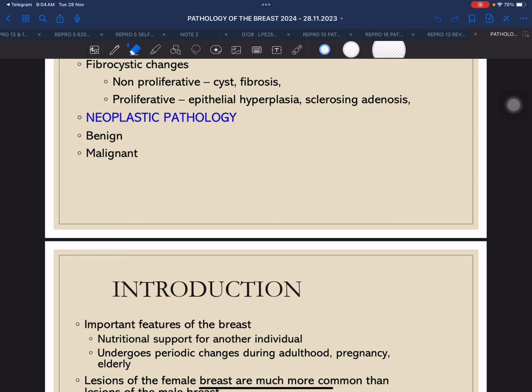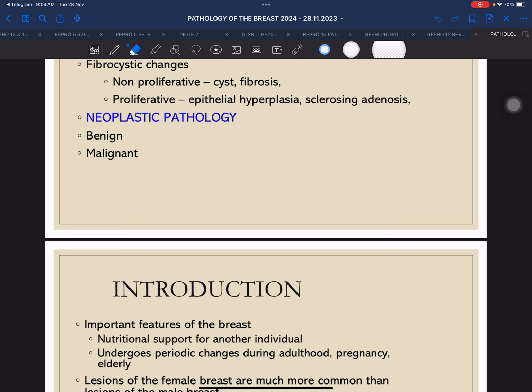Ready for education. Okay, I think we can start. Ada lagi yang tak datang? Thank you. Ada kelas ke sebelum ni? Tak ada, doktor. Ada, so why can't you be punctual at 9 o'clock the lecture kan? Okay, so